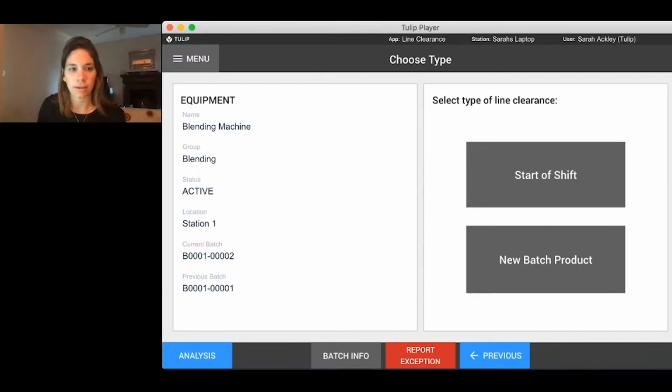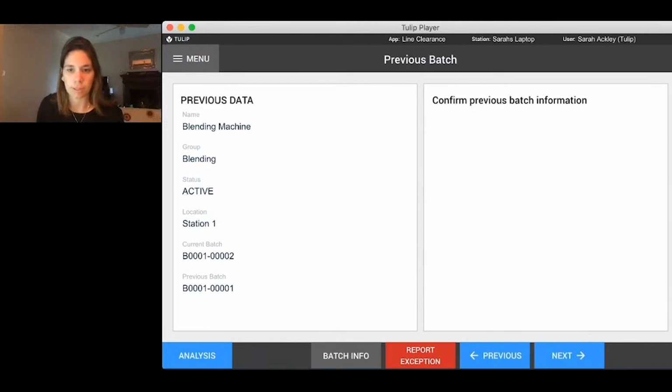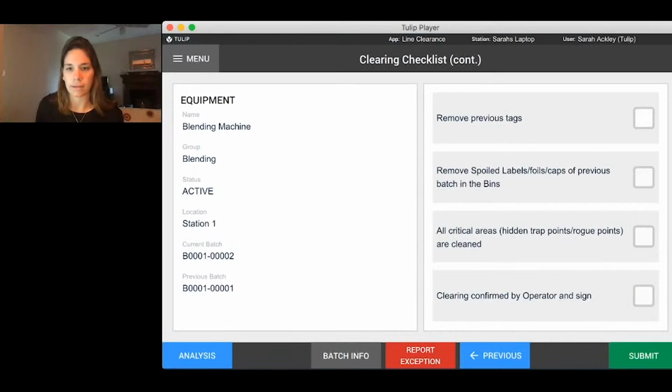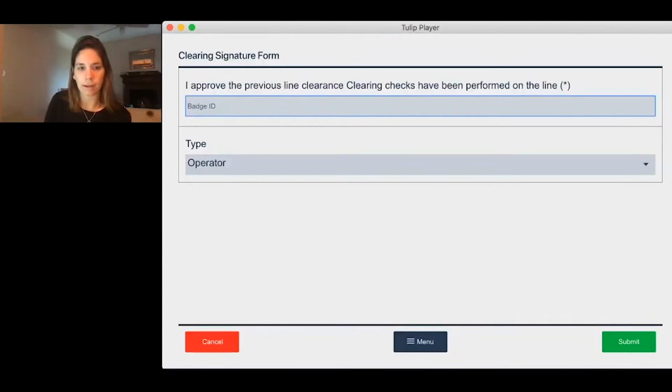So we're going to go ahead and click start a new batch. Once again, it's saying please confirm the previous batch information. So I'm going to click next. I've confirmed it. Tulip automatically pulls the date and time of when this application has started. So it's currently 1:32, and it automatically pulls that timestamp. I then can go ahead and go through my checklist. You can easily customize this checklist to fit whatever your regulations are. This is just, again, used as an example of how you could use Tulip in order to perform a line clearance. You go ahead and click submit, and then it walks us through